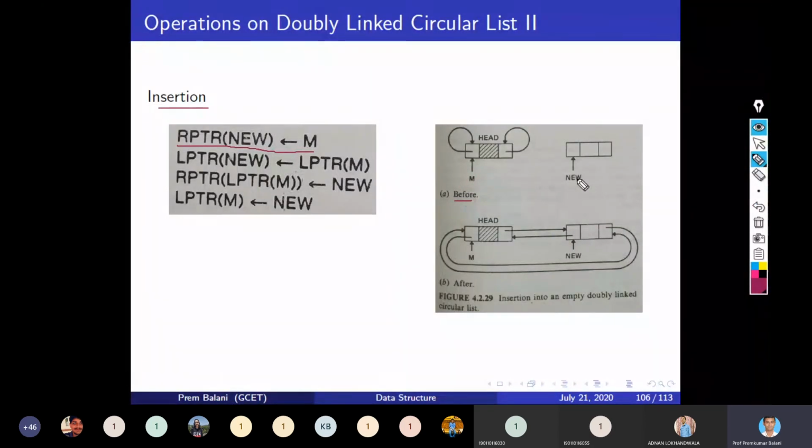So this is my new, and its RPTR is m. And LPTR of new is equal to the LPTR of m. So this is the LPTR of new, and this is equal to the LPTR of m. LPTR of m is also pointing to the same node, so it would point to this.